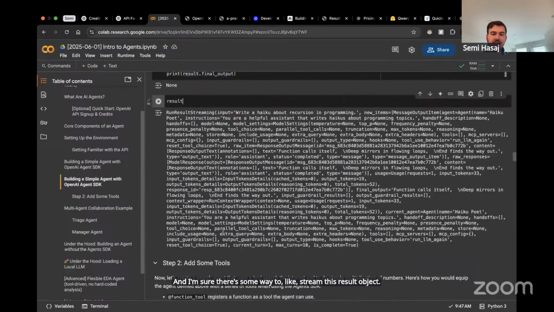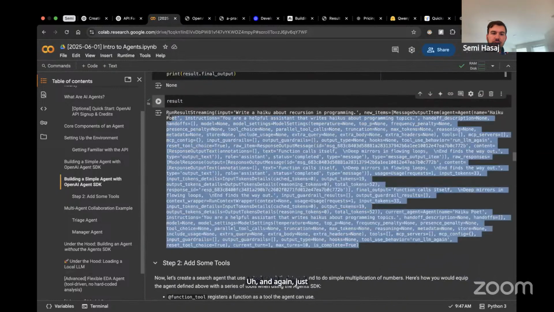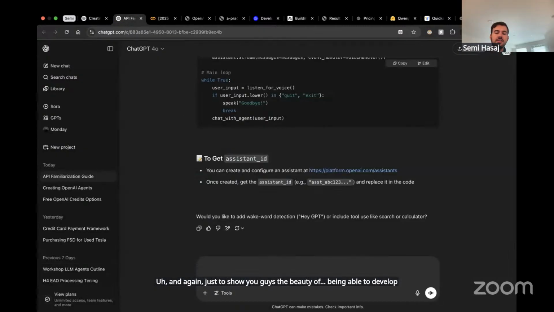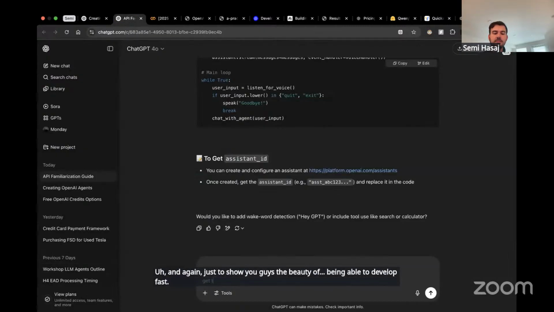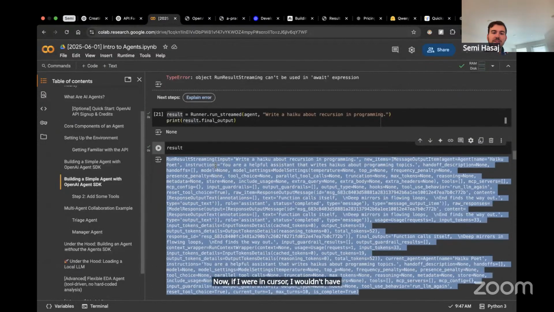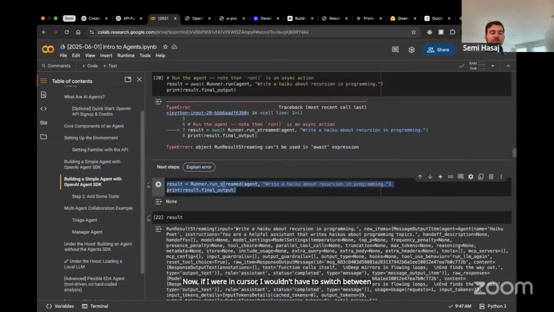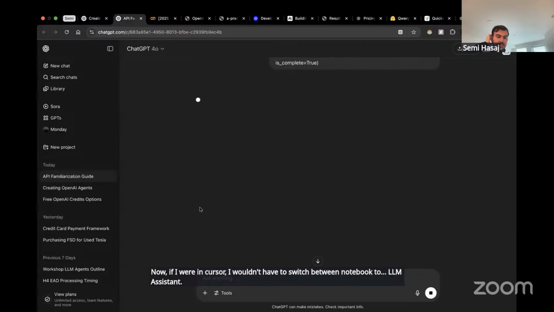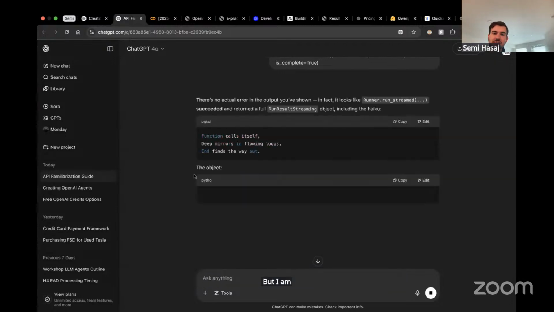And again, just to show you guys the beauty of being able to develop fast. Now, if I were in Cursor, I wouldn't have to switch between the notebook and the LLM assistant, but I am, so that's fine.